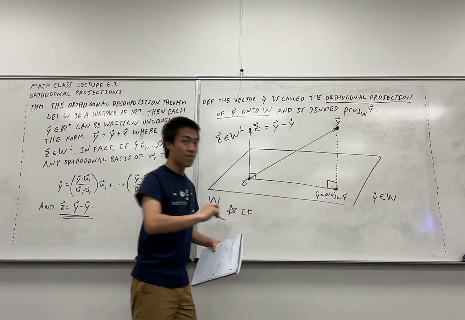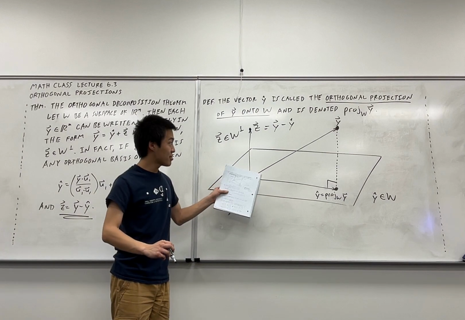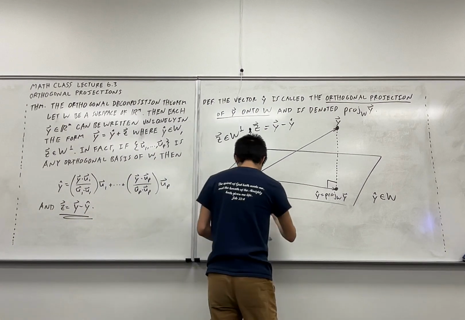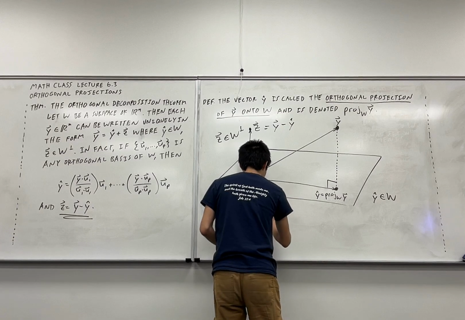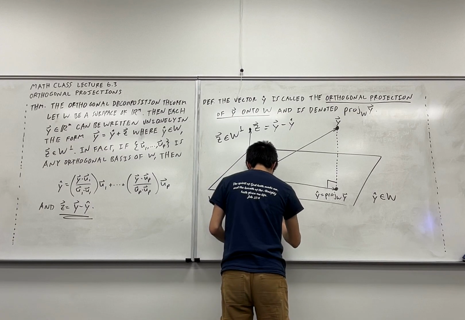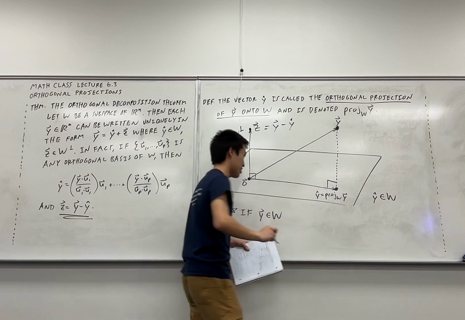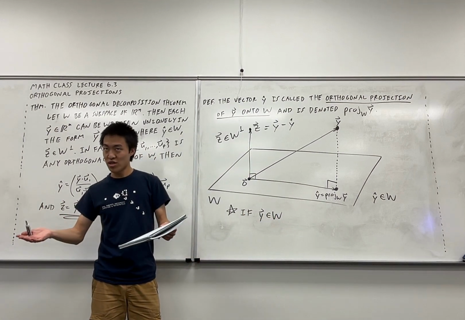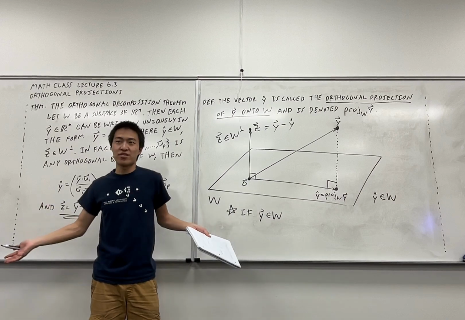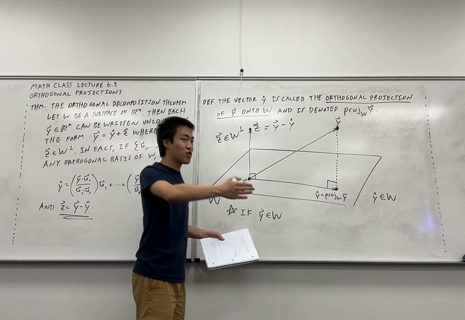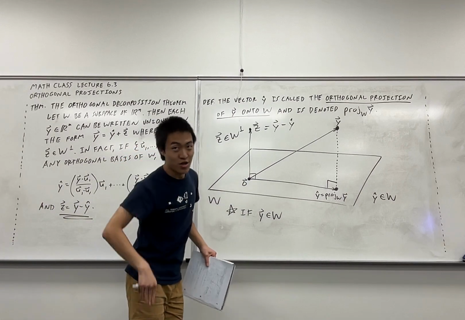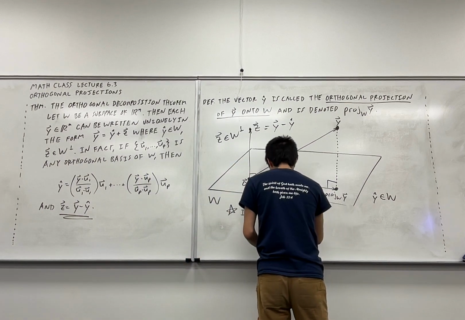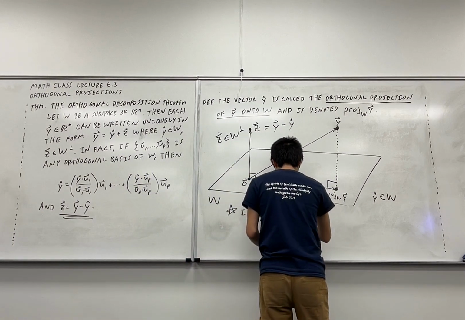An observation that you can make from this ends up being a formal theorem statement that I won't waste your time on because you can just look at it. If the vector y itself was actually something that you could access in the subspace, then your approximation ends up being perfect, right? Because the very thing that you're projecting onto, there is no shadow. You are on the ground, where you are supposed to be. So if y itself is actually in your subspace, you could get to it. Then